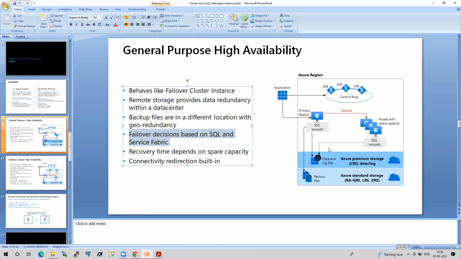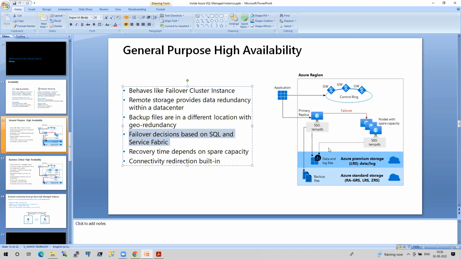Before explaining this, I told you a few days back we took some interviews for an Australian position, and one of the guys said he has completed DP-300, some certificate on Azure, Database Administrator. So I asked him, what is the difference between general purpose and business critical in terms of architecture? I clearly specified in terms of architecture.